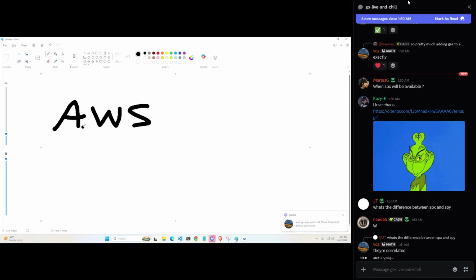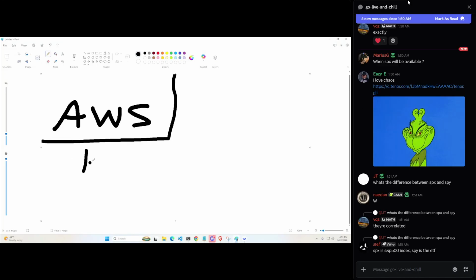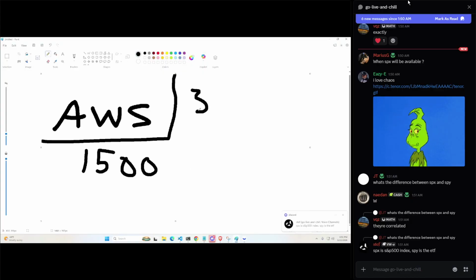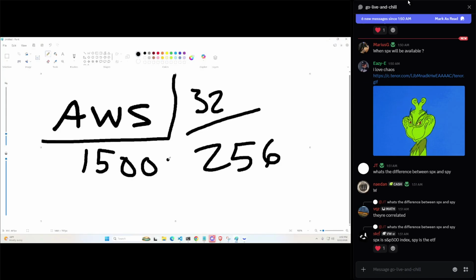So the point is, it's not going to really change a whole lot of the structure. They're correlated. Yeah, exactly. But when I get this AWS server, it's going to cost us like $1,500 a month. My computer has 32 gigabytes of RAM, and this is like 256 gigabytes of RAM, so it's just going to be more core processing. SPX has so much volume, there can be up to 2 million trades a day on SPX. It's just a lot to process.